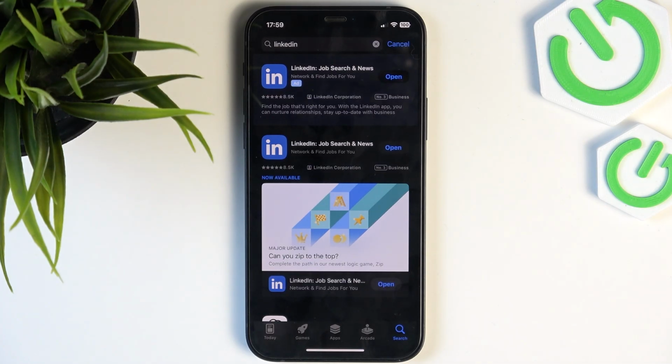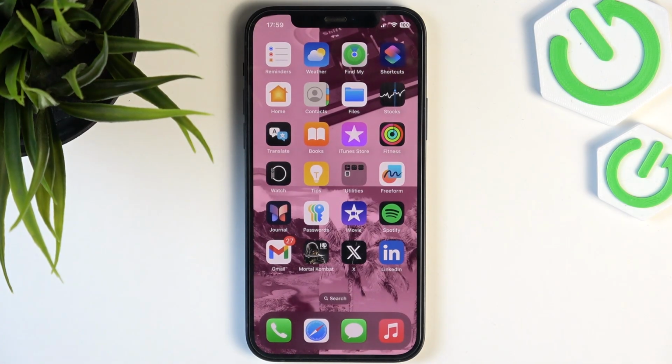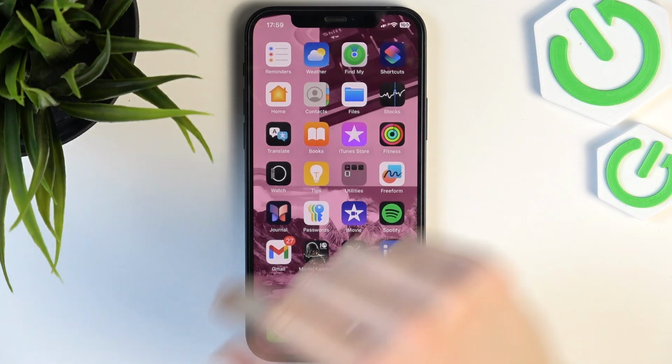Once it's downloaded, it honestly should be all working again. But if it doesn't, then the last step that I can show you is freeing up the storage. Each of the apps on your phone, including LinkedIn, requires some free space to cache some files temporarily, and